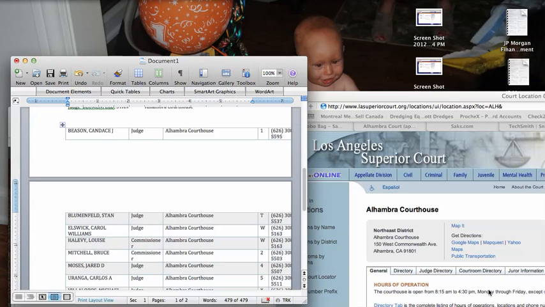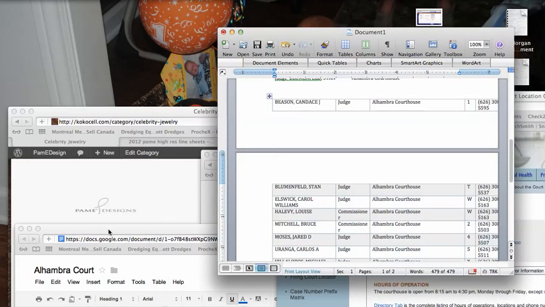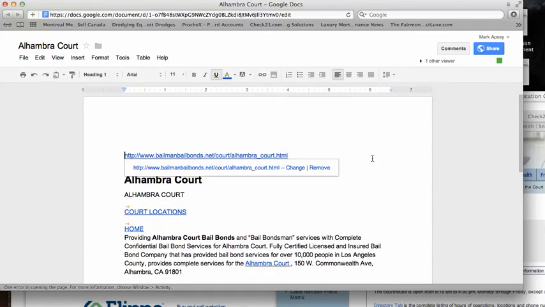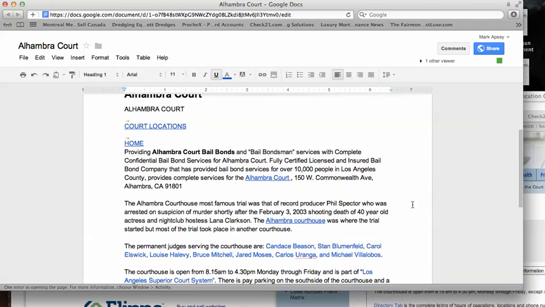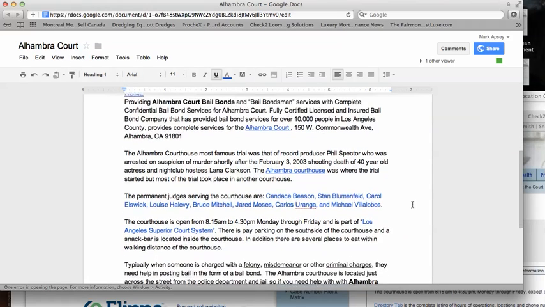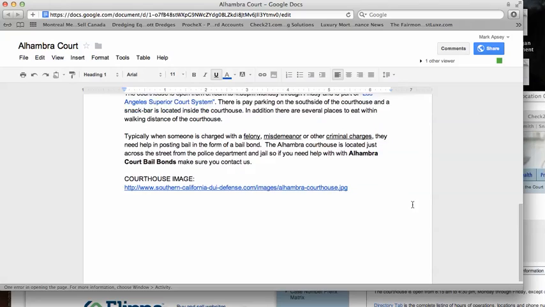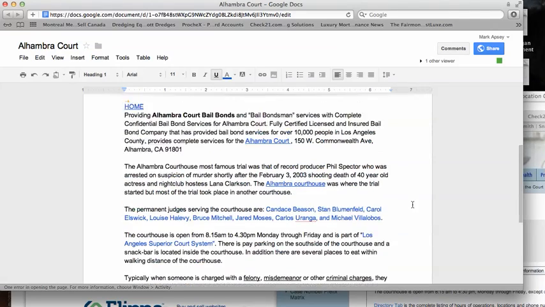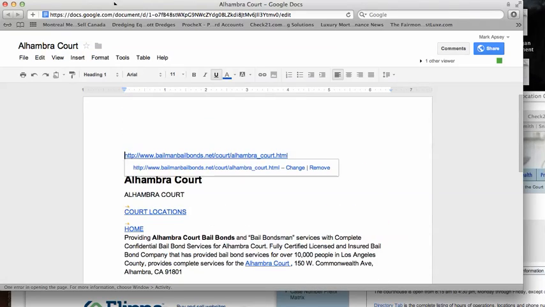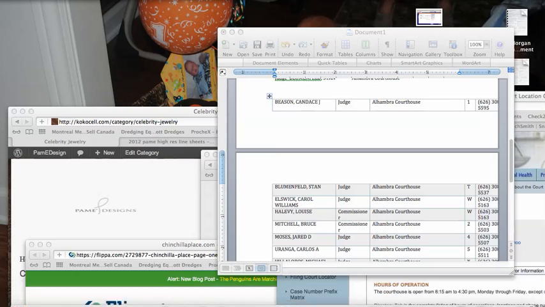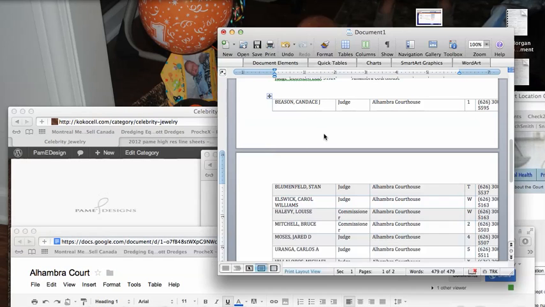is an article similar to this. It doesn't have to look as good as this, but you're going to have the home, the courthouse, the judges, what time it's open, and some additional information. Okay? Now, again, we're looking mainly for content. We expect we're going to have to do some cleaning up of the articles, but what we think is critical